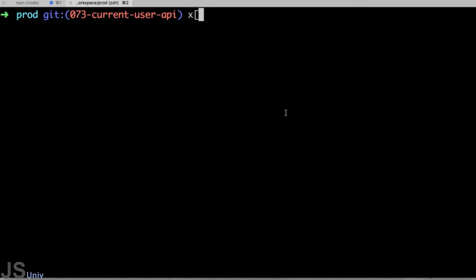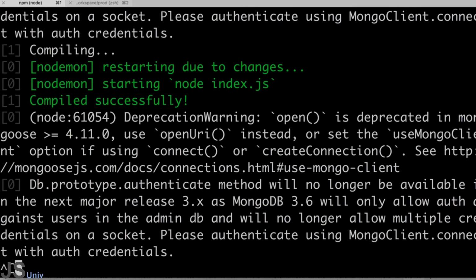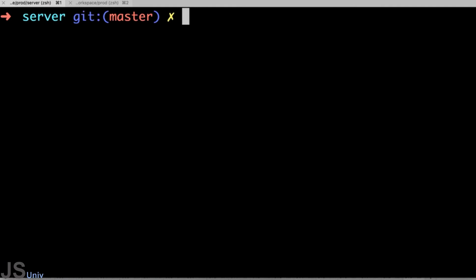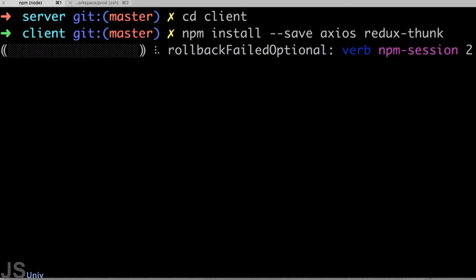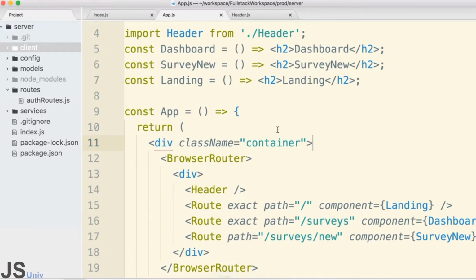Over in my terminal, I will change on over to the server. I'm going to kill the server and then change into the client directory because these are both client modules that we want to install. We will npm install --save axios and then also redux-thunk, like so. Okay, so while that installs, we're going to flip back over to our application